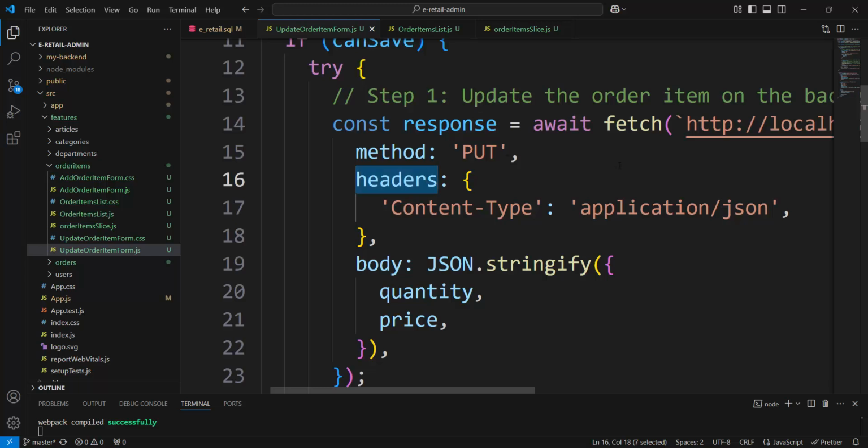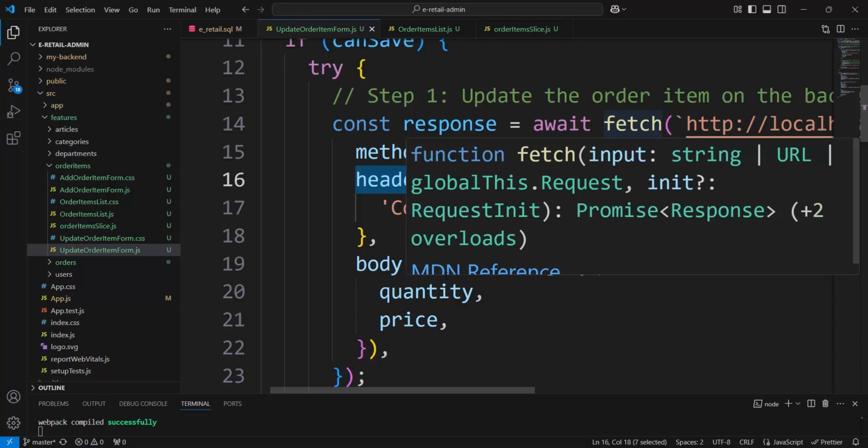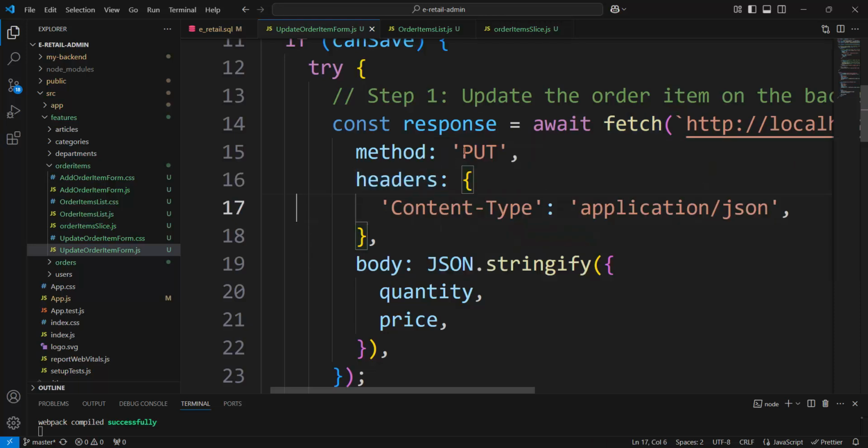The declaration of the object response equals this fetch method, because the fetch method also needs an object, and that object goes to the request body. This item goes in the request param in the backend. Method put: it is always fetch here, but here we code the method: post, get, put, delete. Headers: this is the headers type, content type application JSON, which means all from me will be sent to you